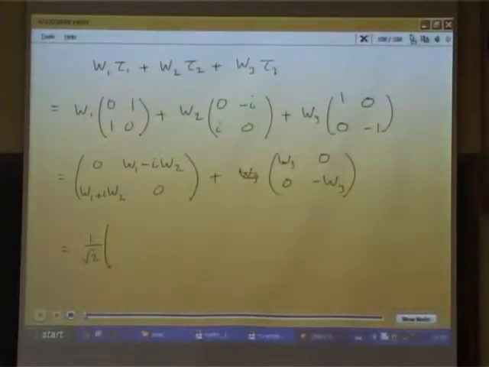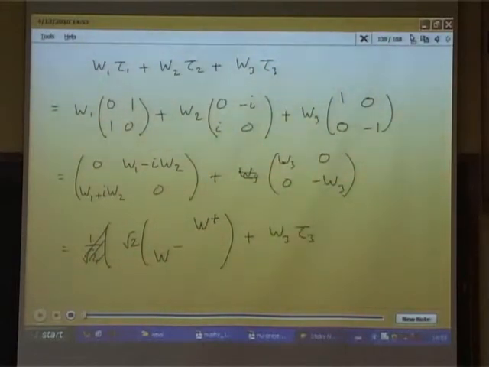This is by definition. So not omega W plus. So this, by definition, is 1 by root 2 times another omega, which is defined as W plus, and this is defined as W plus. I'll tell you what this means, because the reason this has been done is such that